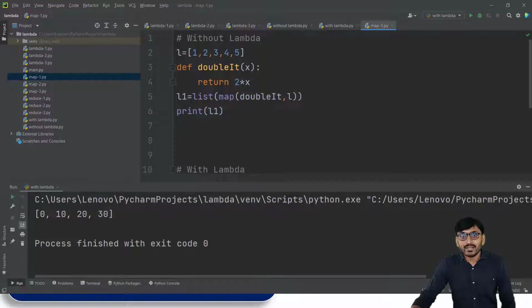Then L1 is a list, and in the brackets the map function is used, and in the map function is double it and the sequence is L. So apply the double it function on every element of L and we get the list L1. Then print out L1. So if we run this program, then the output is 2, 4, 6, 8 and 10.